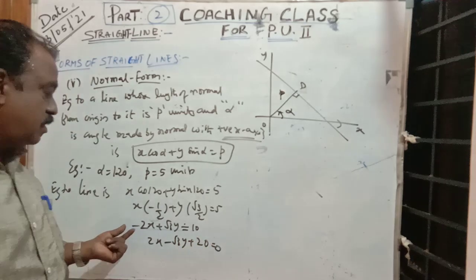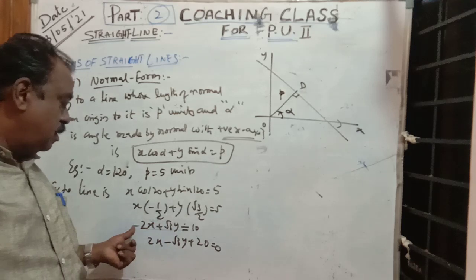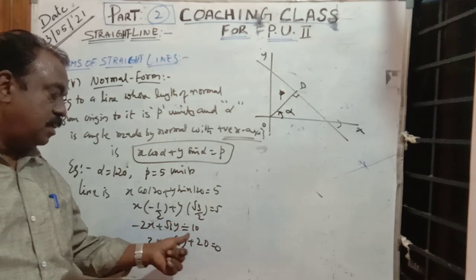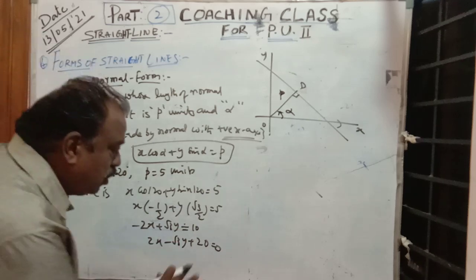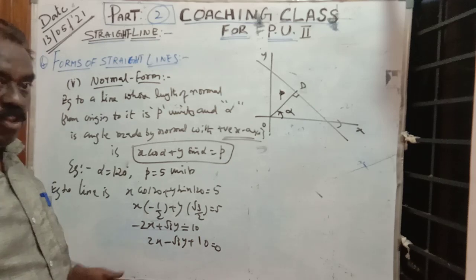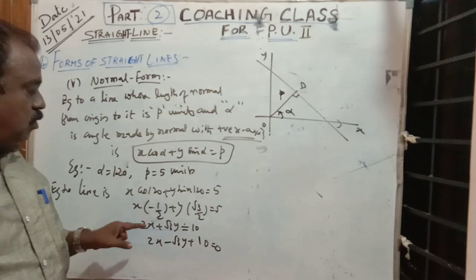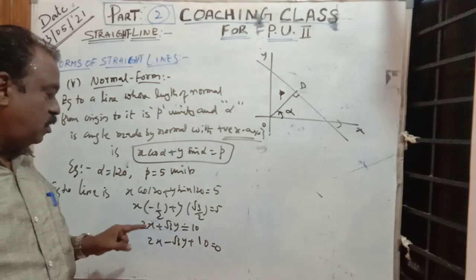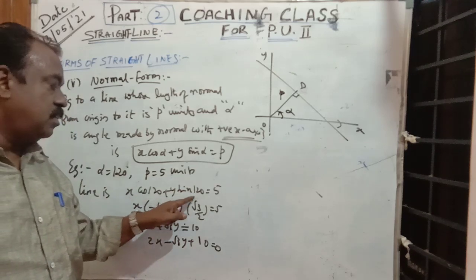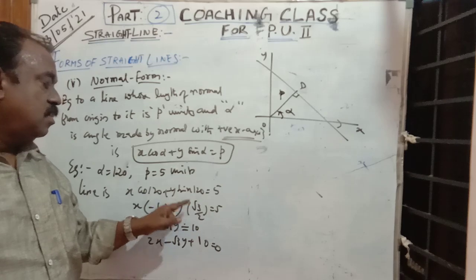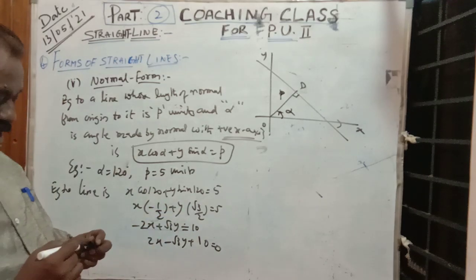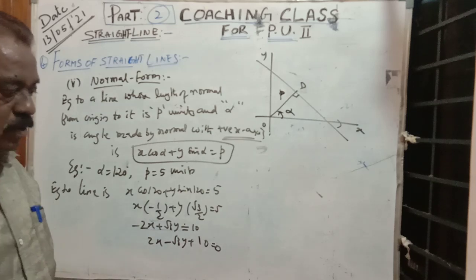I am changing the sign of the equation: minus becomes plus, plus becomes minus, and minus 10 will become plus 20. Okay, this is the equation. Here cos 120 means cos of 180 minus 60, which is second quadrant, so minus half. Here also 180 minus 60, second quadrant, where sine is positive. Sine 60 is root 3 by 2. Now these are the actual 5 forms.